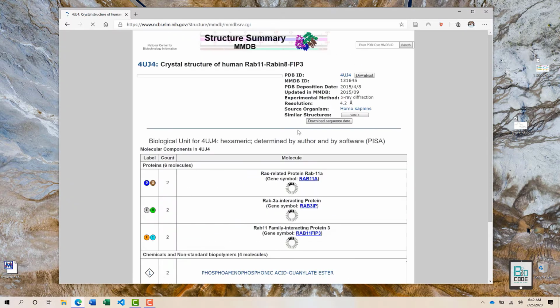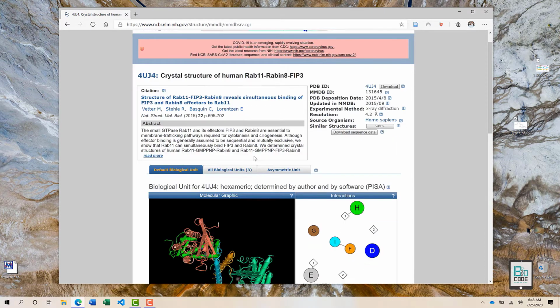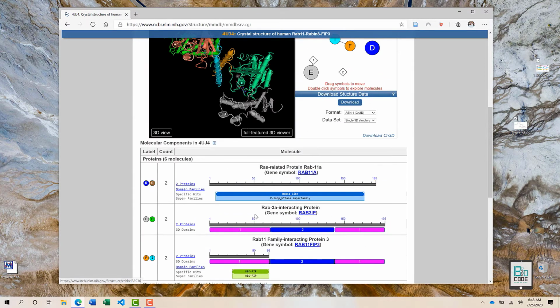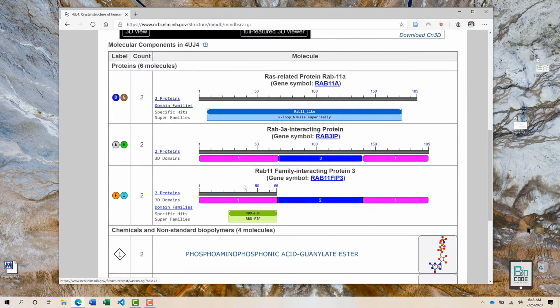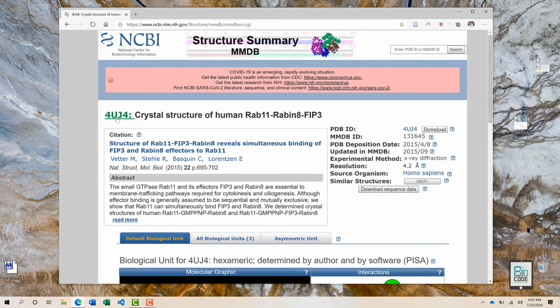I do not actually know whether it is a protein, but since we just put in a random number, there is a protein sequence. So this is how it looks on MMDB, and there is more information. For example, this is the CDD database, which provides you more information about where the actual domain is present within this structure.